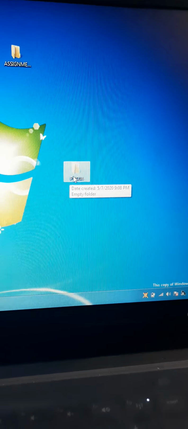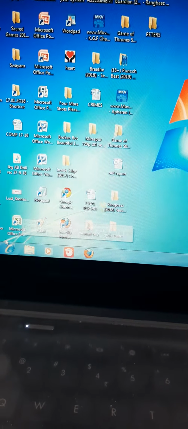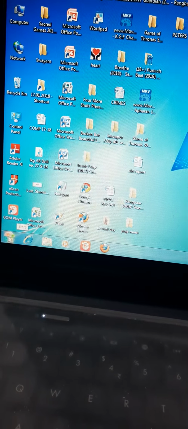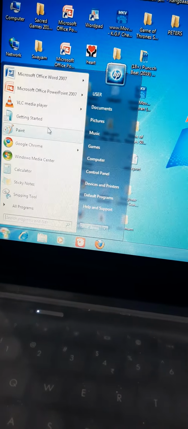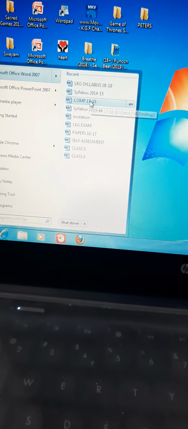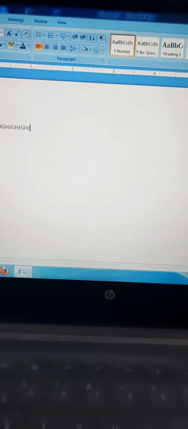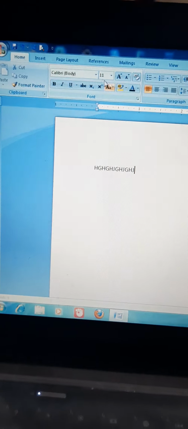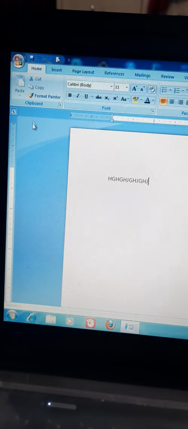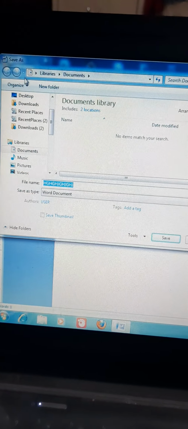Now if you are creating a new file, suppose we are creating a new file by going into any application like MS Word, we will double click on it, create a file, write anything in it and then save this file. When we save this file, it will ask for the address.